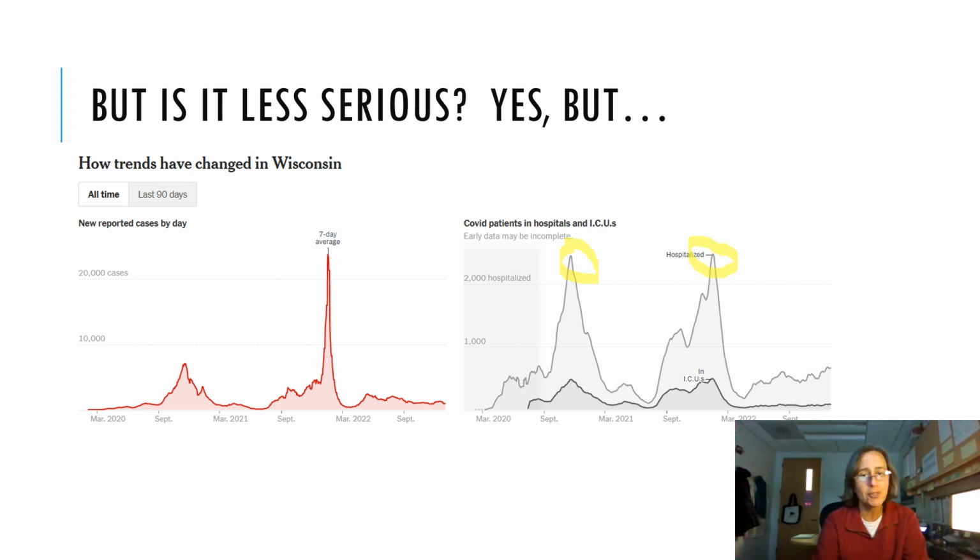So our second winter with COVID was just as bad as our first winter, despite the virus, the variant, being less severe in and of itself. And the reason is because it was so much more contagious. So many more people were getting it in such a quick period of time that it caused a lot of hospitalizations. Even though per case it was less severe, there were just so many more cases. So it still had just as big of an impact because even though it was less severe, it was more